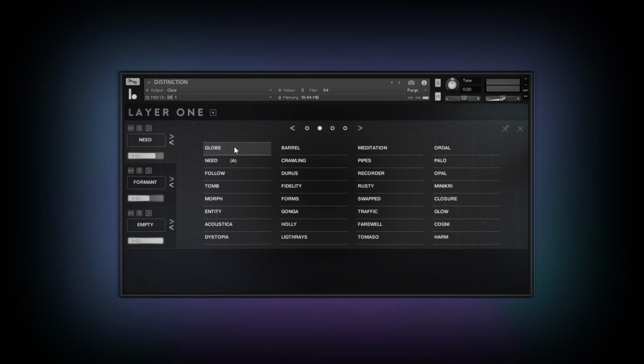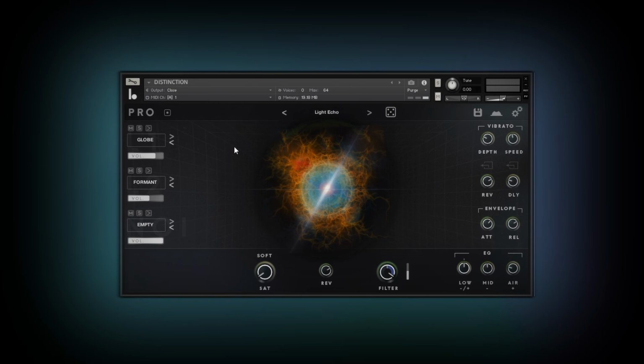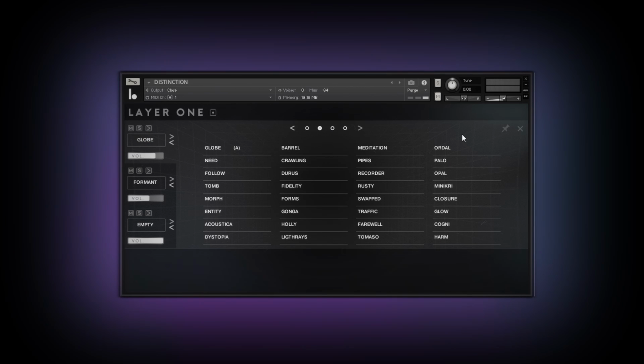To select a sound source, simply click on its name and it will be loaded into the respective layer. If you don't want the menu to close and wish to explore other sound sources, you can click the pin button in the top right corner and the menu will remain open when you load a sound source. You can determine which layer will be loaded with the chosen sound source by the frame that changes when you